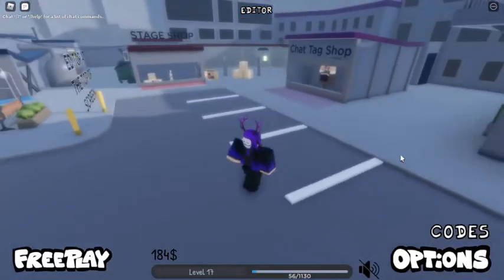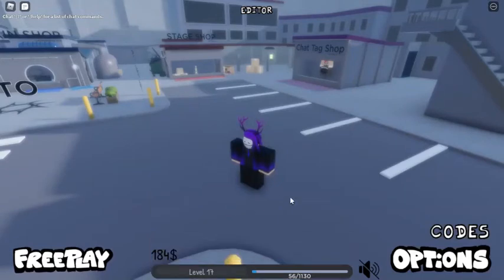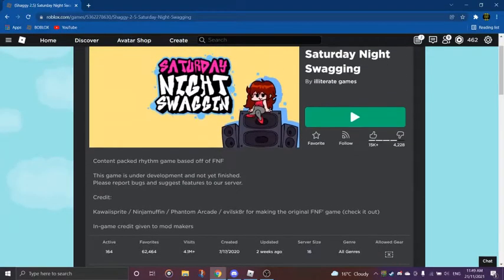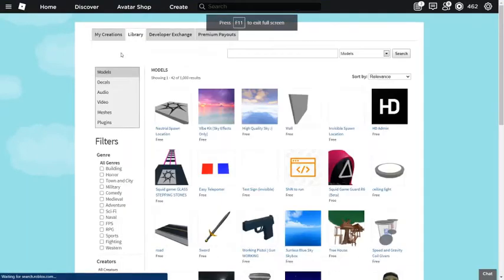Now, if we're going to teach anything, we should probably start with a song. So for this tutorial, I'll just be charting MILF, why not? I'll chart the original. So firstly, what you want to do, you want to head over to your Roblox, click on create, and go to audio here,